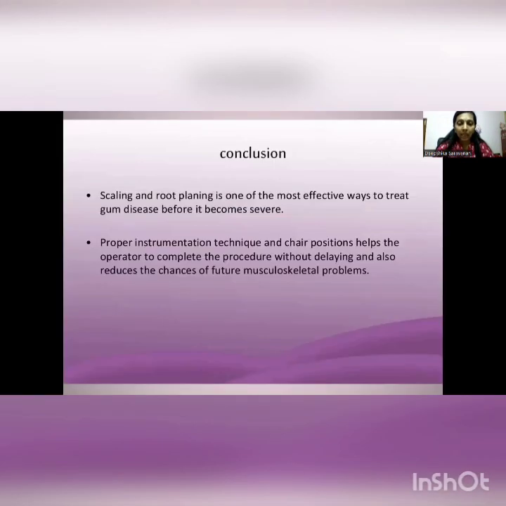So in conclusion, scaling and root planing is one of the most effective ways to treat gum disease. So proper instrumentation, chair position, as well as the procedure will help in the removal of all